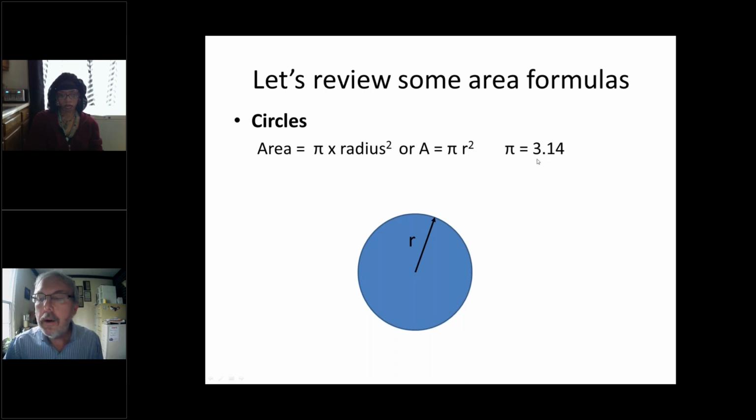Or you can approximate it as 22/7. So all of those are good ways to approximate pi. But 3.14 is a good one. So for the area of a circle,